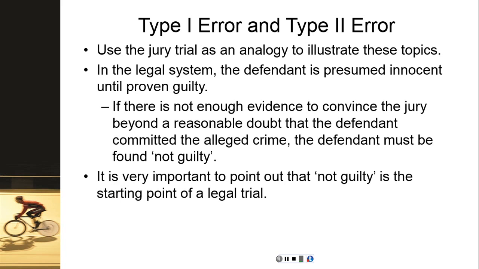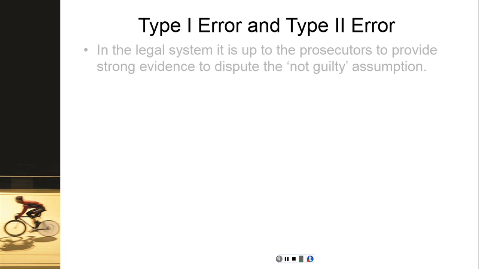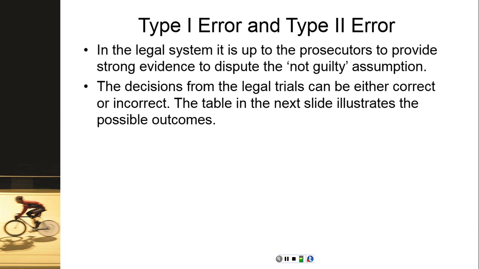It would be up to the prosecutor to collect all the evidence, trying to dispute the not guilty assumption. The evidence will then be presented to the jury, and the jury will come to a decision on whether the verdict will be guilty or not guilty. In the next table, we will see